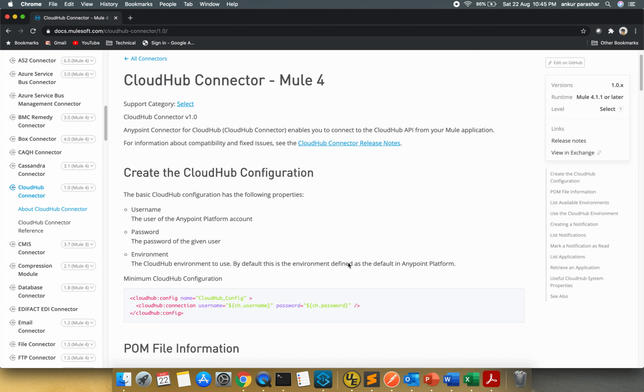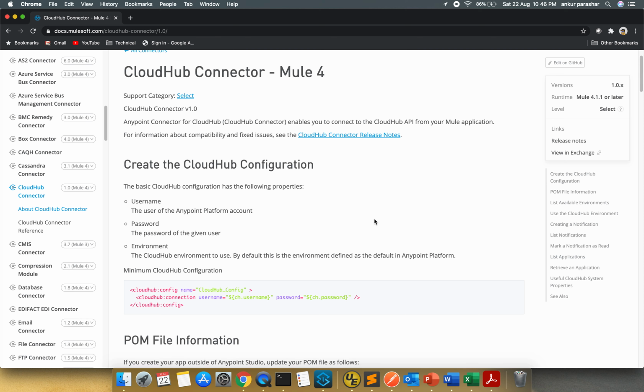Whatever you can think of, right from the notification, listing the notification, getting the app level details, all the things we can do from the application flow. But it will make sense only when you have all the applications deployed within the Cloud Hub environment. It is not that successful if we compare with the on-premise setup. Okay. So having said that, I will quickly walk through the basic things about it.